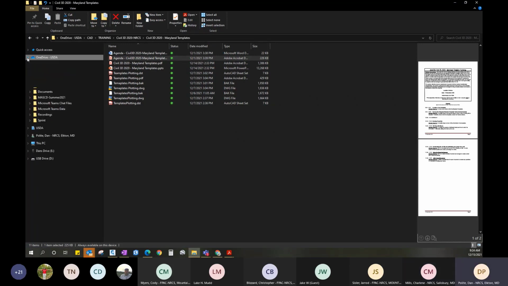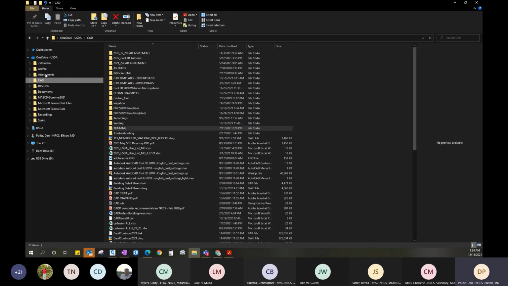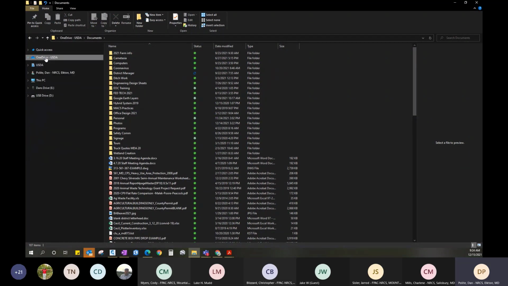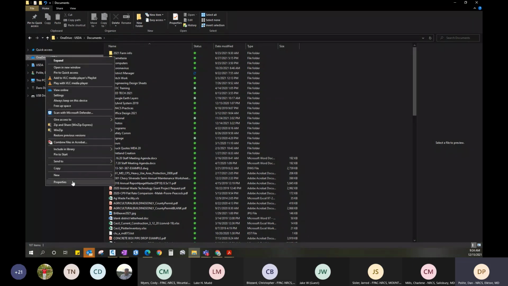Okay, so you see the OneDrive and the USDA drive. So the OneDrive USDA has the USDA after it. This is basically your personal one. So you can see, this is all my training for CAD and stuff like that, documents for work. So this is basically my personal drive outside of my external hard drive that I have attached to. But just to give you an idea,